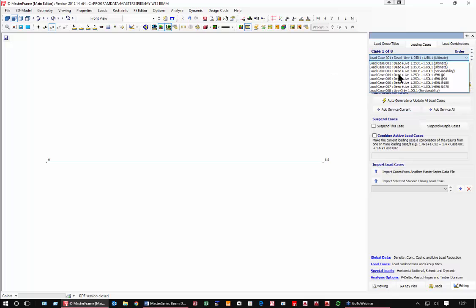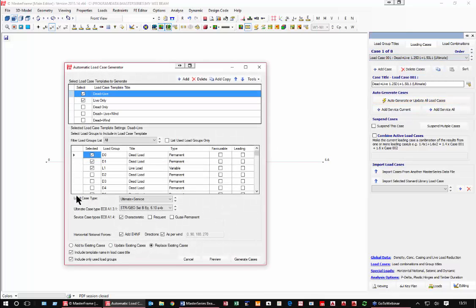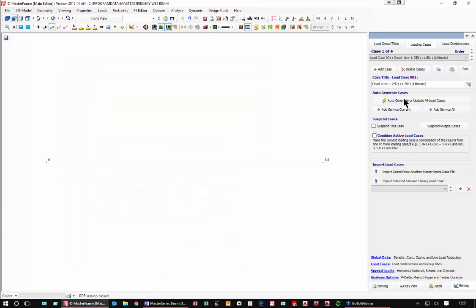And I now have my standard 8 cases. Oh, I asked for sway stability as well. Not to worry, that's quite interesting. I'm just going to go back one second and say I don't need equivalent horizontal forces. Otherwise, I'm going to end up with a lot more cases than I would really like. 4 cases: the 2 different variations of the Eurocode Dead and Live Ultimate, plus the serviceability all loaded and the